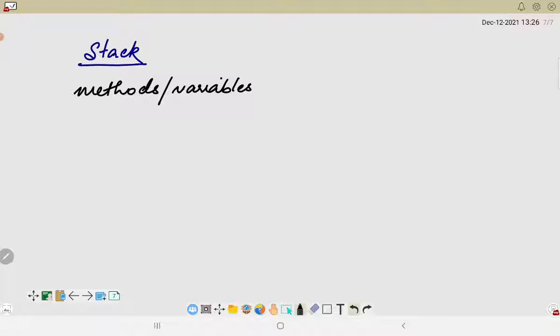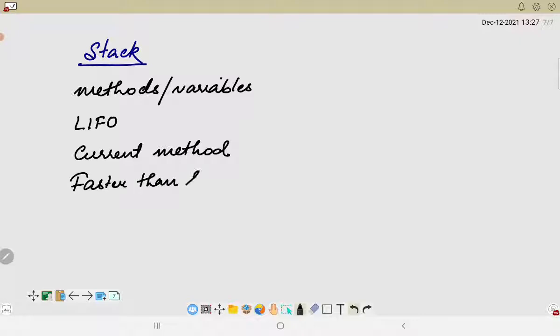Then it follows the last in first out strategy. Okay, then it will also be pointing to the current method, and it is faster than heap memory, and finally it is automatically allocated or automatically created.